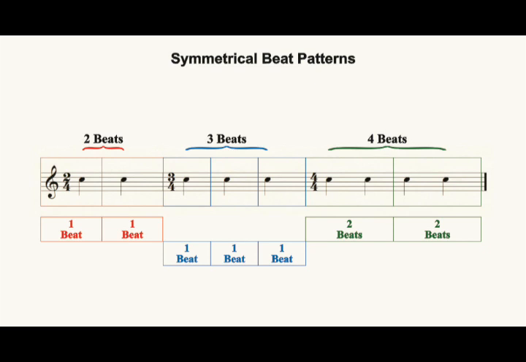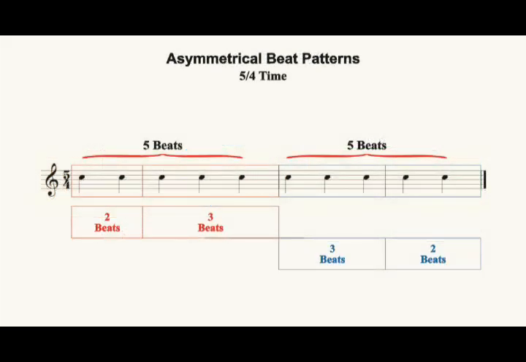In an asymmetrical beat pattern, there will be an unequal distribution of beats across the measure. Observe that in 5/4 time, there are 5 beats of equal duration within each measure. However, we hear beats in sets of 2s, 3s, or 4s, not 5s. Thus, in 5/4 time, we hear either a set of 2 beats followed by a set of 3 beats, which sounds like,